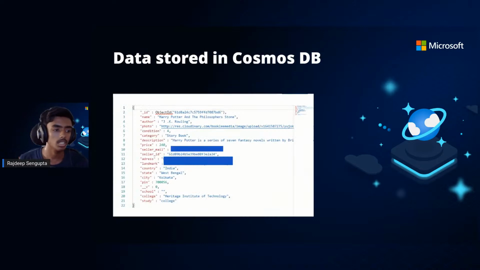Now if you store data from here, the data will look like this. A database record will be created already. A new _id will be created, and as we are using the MongoDB API, this will be called an object ID, and you can find the object ID there. Now you can see the name, author, photo, and all the things we have in the schema. As you can see, the school is not a required field, so you can simply skip that. That will come as an empty string or can come as a null in your database.